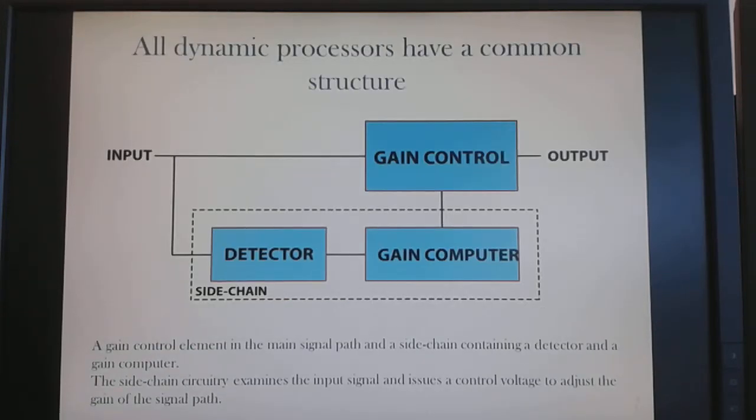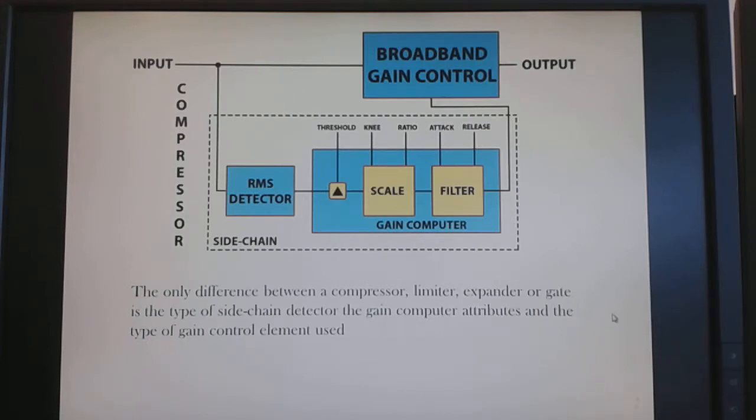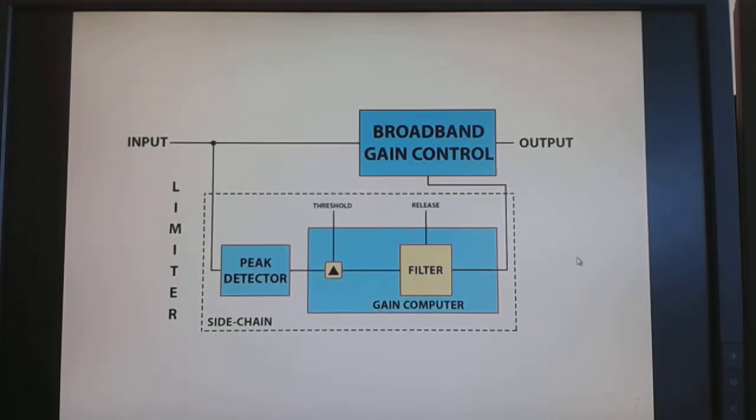All dynamic processors have a common structure: a gain control element in the main signal path, and a sidechain containing a detector and gain computer. The sidechain circuitry examines the input signal and issues a control voltage to adjust the gain of the signal path. The only difference between a compressor, limiter, expander or gate is the type of sidechain detector, the gain computer attributes, and the type of gain control elements used. As you can see,